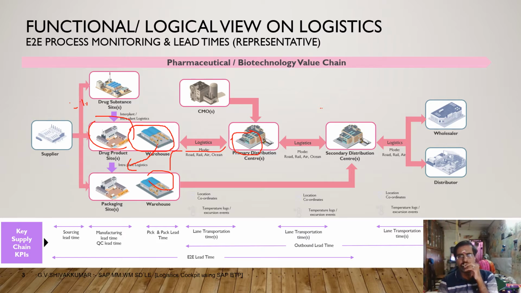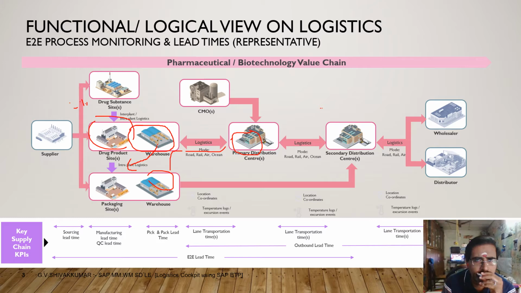So based on that, the final customer, even within Germany they have a primary distribution warehouse, and then a secondary distribution warehouse. The secondary distribution warehouse will deal with the wholesalers and distributors, and then from the wholesaler or distributor, retail distributor or wholesale distributor, it will be supplied to the end customer. So what are the things here if you are looking, say